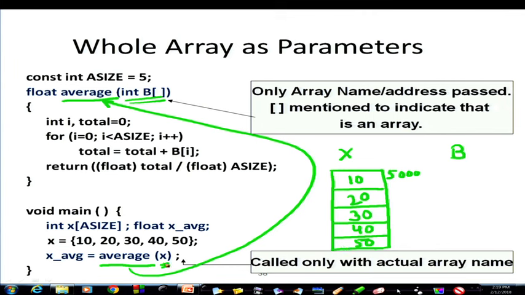Now, when this x is passed to b, this function now knows that b is an array because of the declaration, and this 5000 is passed to b. So, now b knows where the array is. b is the same array. Now, whatever change I do here, suppose in this function, instead of computing the total, if I had written this function in a different way, for example,